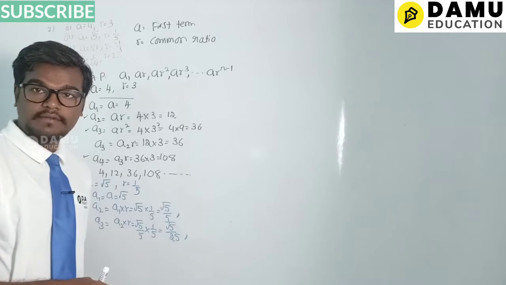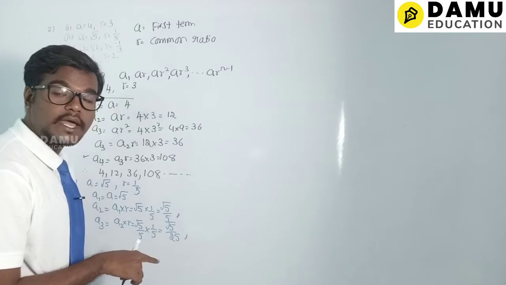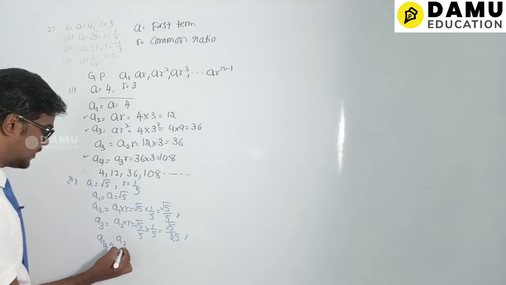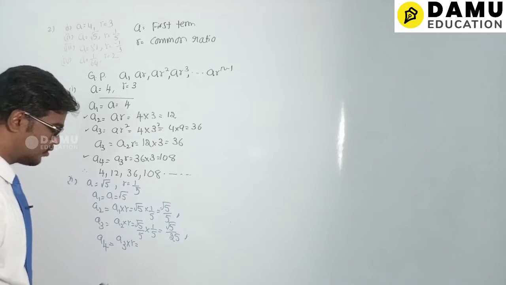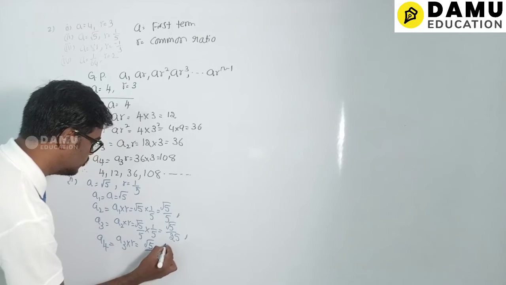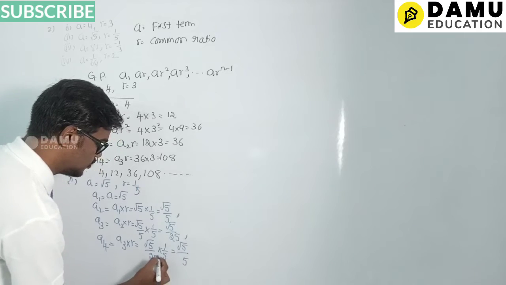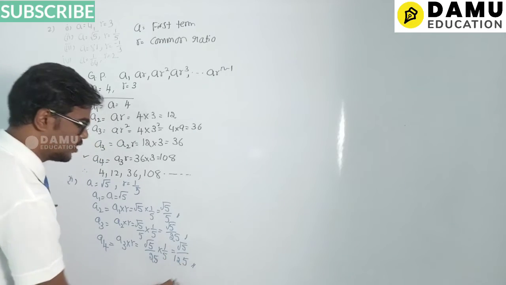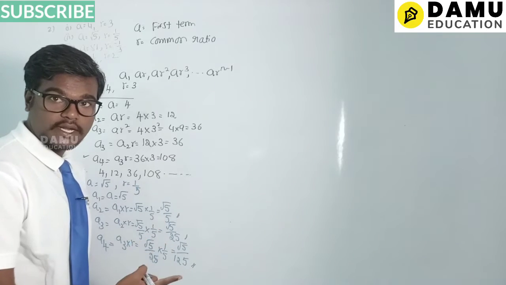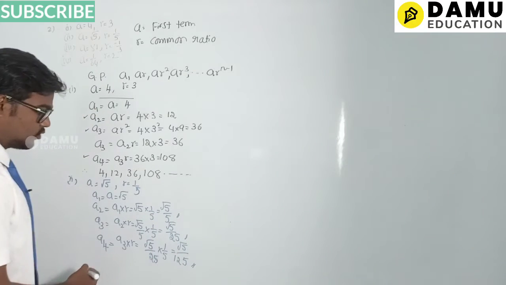So 1 by root 5 we will get it anyway. So here, square root of 25, you can take 25 as 5 square. Let's keep it as it is. Then A4 will be equal to A3 into R. So A3 will be equal to, what is this? Square root of 5 by 25 into 1 by 5, that is square root of 5 by 125. 5 5s are 25, 5 2s are 10, 12, 125. So can you do anything here for this? 25 you can write as 5 square. Then 5 square, square root of 5 by 5, so this is 125.